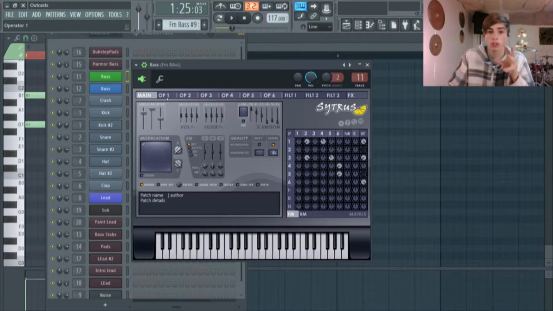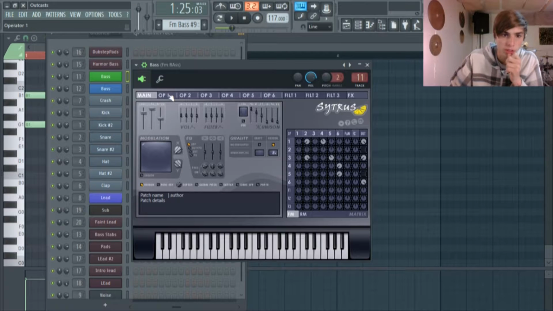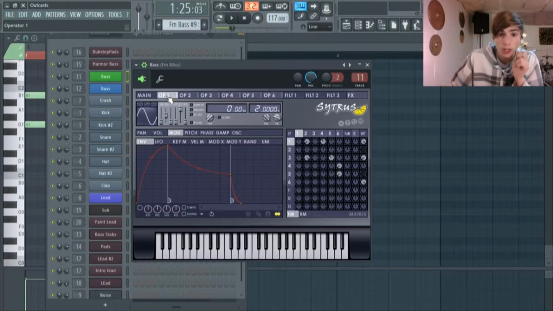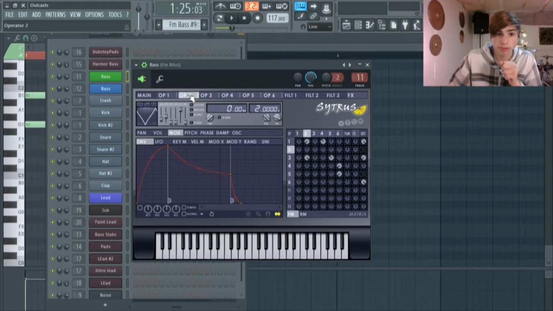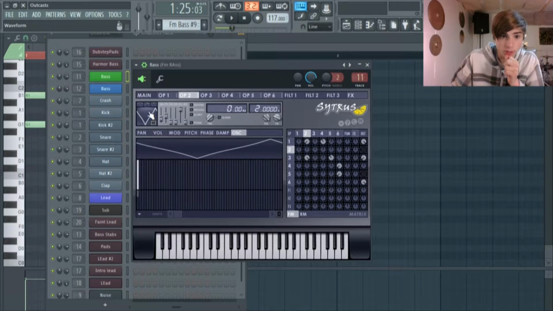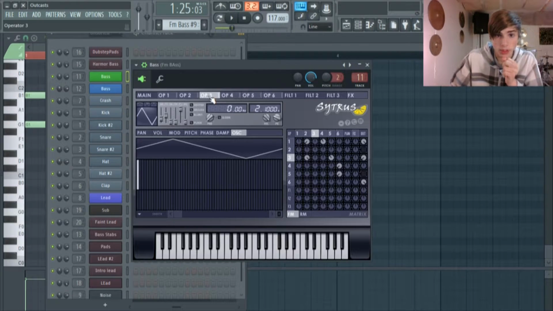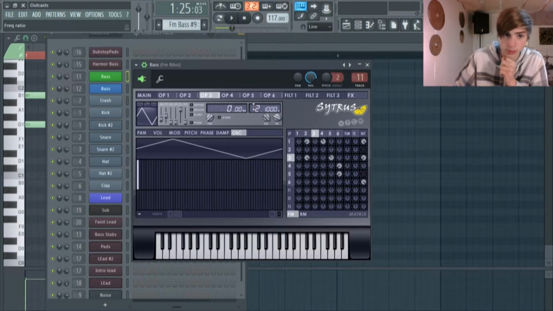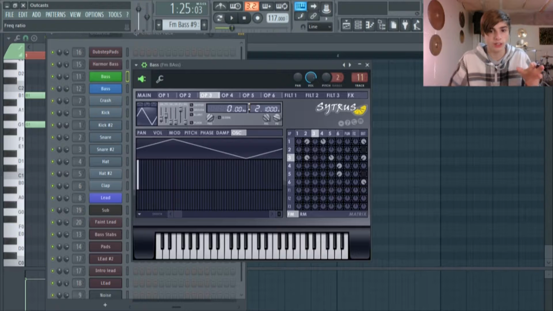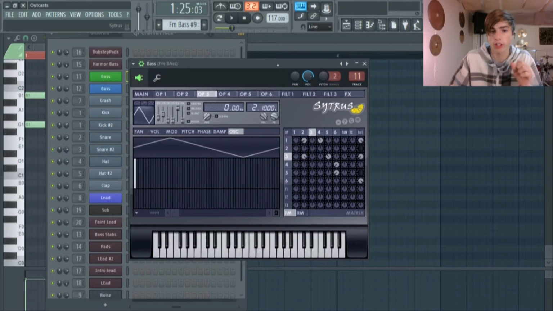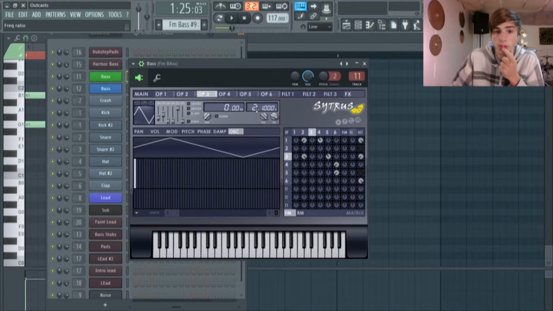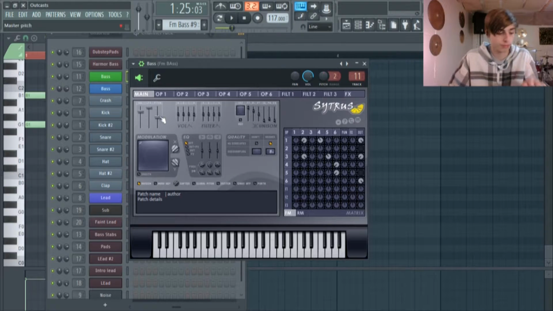So first I'm going to show you the harmonics kind of stuff in the matrix, and then I'll show you how I got the mode X and Y. So first, operator number 1 is going through a sine wave at 2. Operator 2 is going through this saw wave right here through 2. Operator 3 is going through a normal saw wave at 2.1. So this 2.1 here kind of gives it some variation, because if this one was done just right at 2 like this,